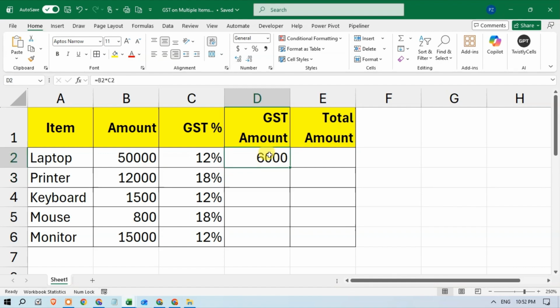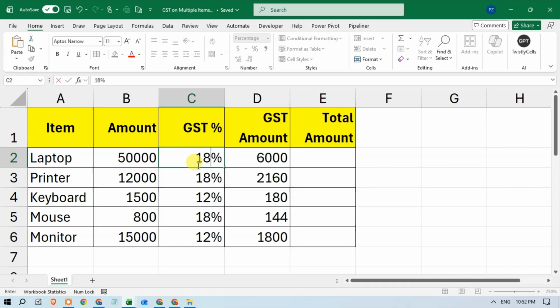Now select the GST amount and double click on this corner point to fill the cells below. And you can see that every product's GST amount is calculated as per the GST rate. If you change the GST rate here, suppose I type 18% and press Enter, the GST amount also